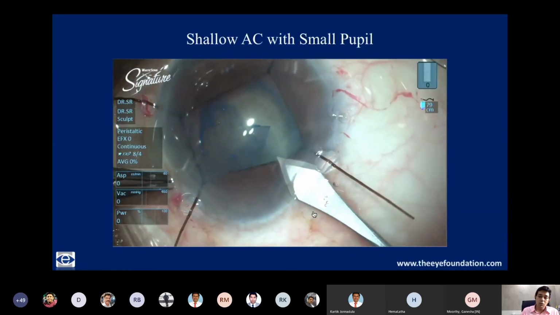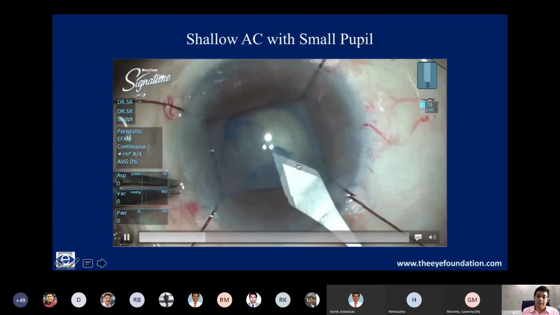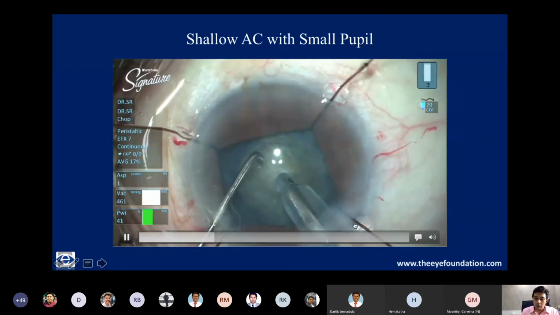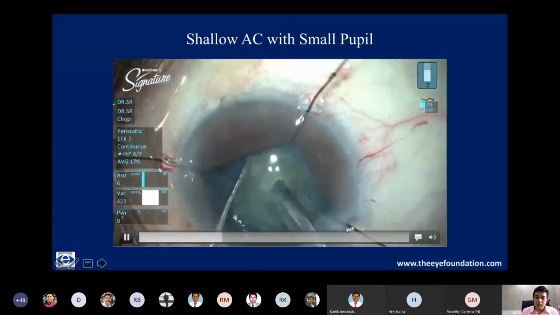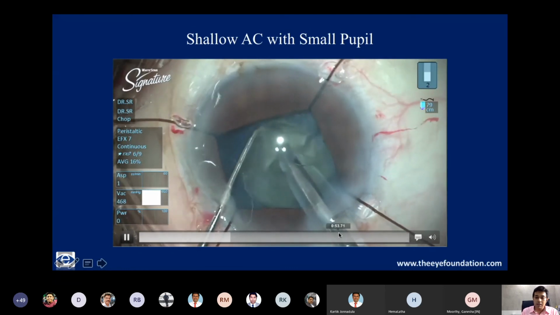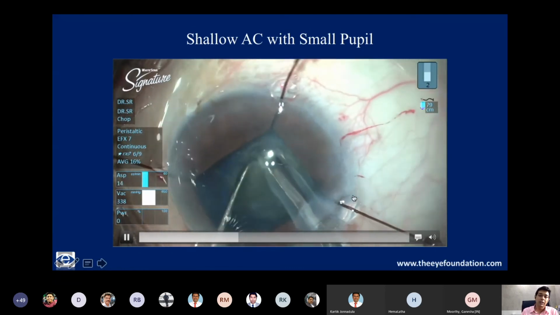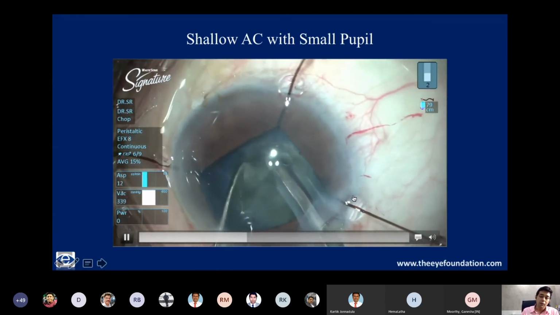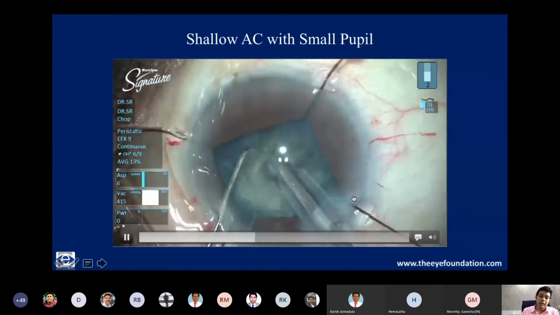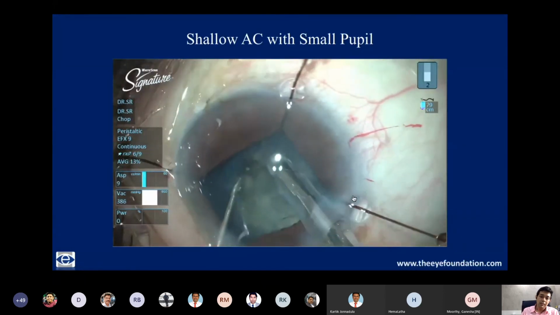And then I like to do a slightly more anterior incision in these places. And I like to place a hook just near the incision so that the iris does not come. You can either place it subincisionally or just subadjacent to the incision so that it doesn't come in the way of your phaco probe. And then you go ahead and do your phaco chop techniques as usual.